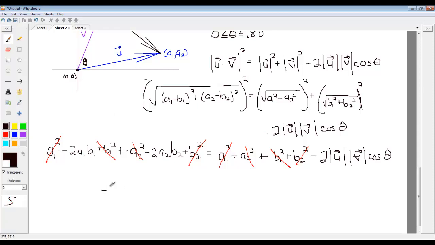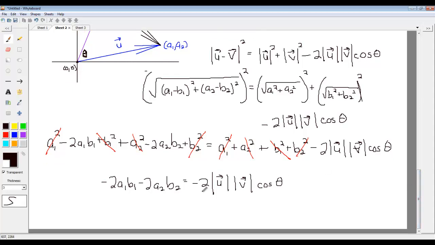Negative 2a1b1 minus 2a2b2 equals negative 2 times magnitude u, magnitude v, cosine theta. Divide everything through by negative 2. You have a1b1 plus a2b2 equals magnitude u, magnitude v,